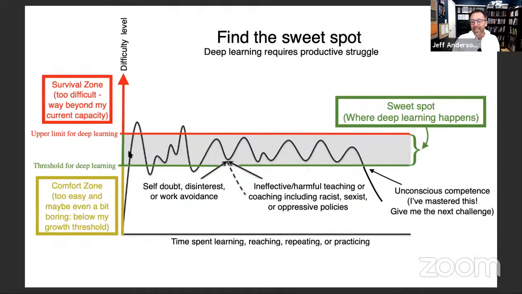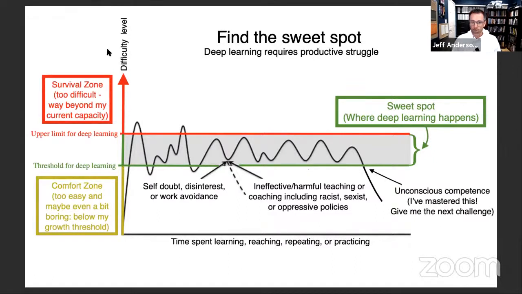As I go up a little bit and it gets harder, we're going to call a spot where it's really hard, where I'm engaging in deep learning. It's not too hard, but it's really good for me. It's making me work. We're going to call that my sweet spot. So the sweet spot is the space where deep learning happens. Comfort zone is too easy, maybe even a bit below boring. Sweet spot, this is where productive struggle happens. It's where deep learning happens. In between the comfort zone and the sweet spot, we're going to say is the threshold for deep learning, right? I draw it as a line here. You see that green line? That means I'm looking for something that's hard enough to be interesting, right? Not too easy, right in my sweet spot. So that's the threshold for deep learning.